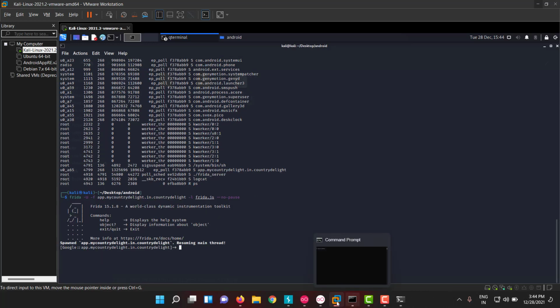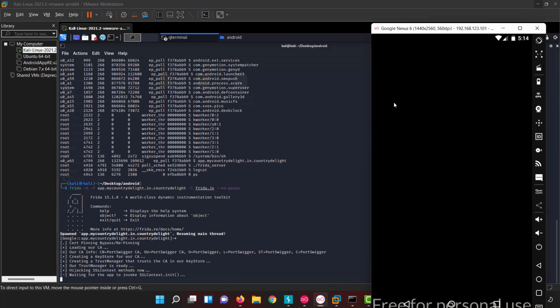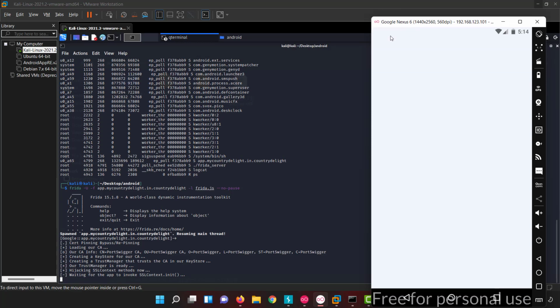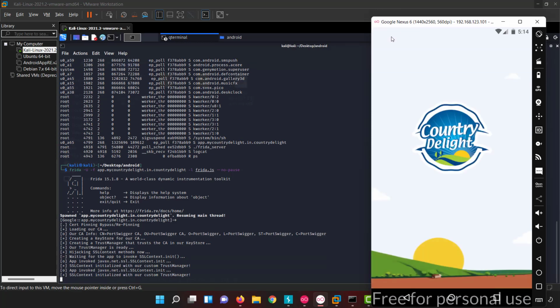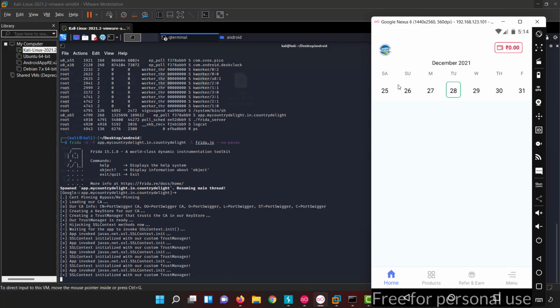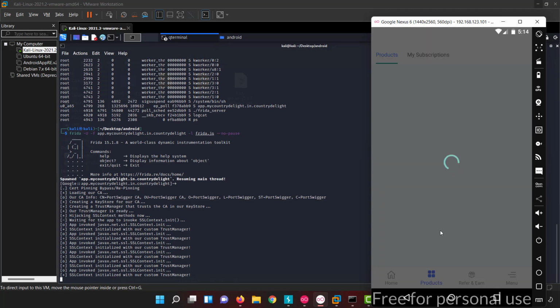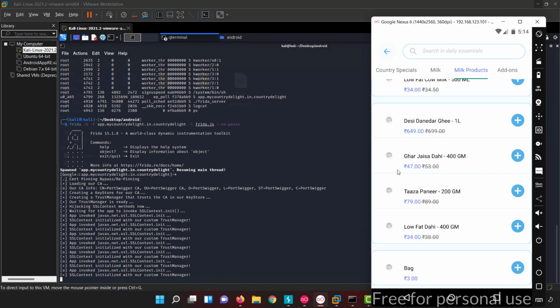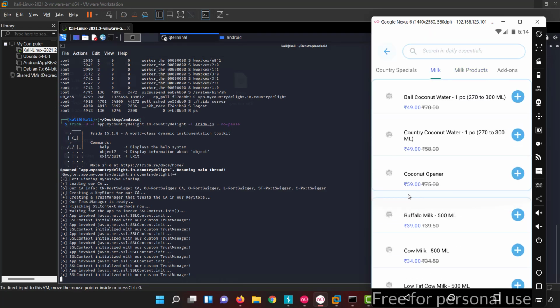Let us invoke it, and now you get an app with bypassed SSL pinning. Now you're getting some data. Initially we didn't have any data, it was showing something went wrong. So now we can see some data. This is one way that we can bypass it.